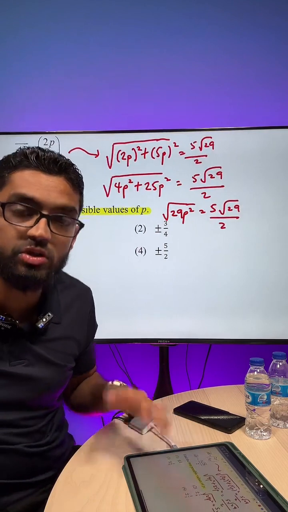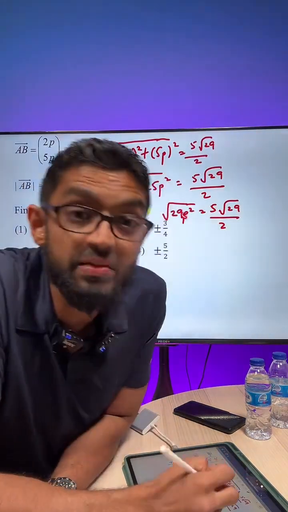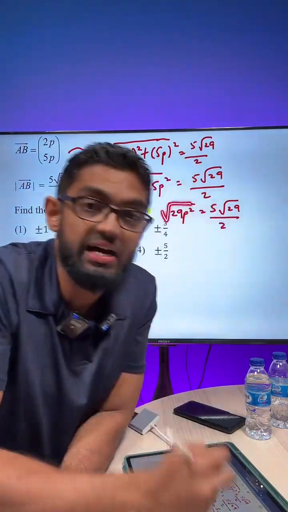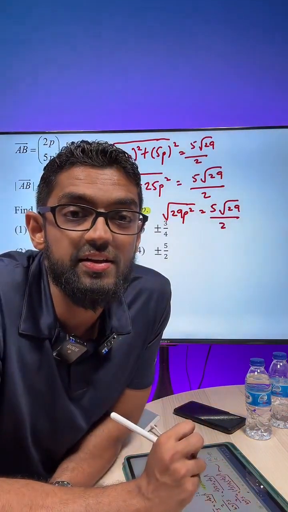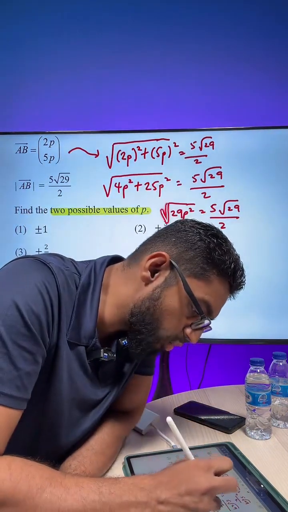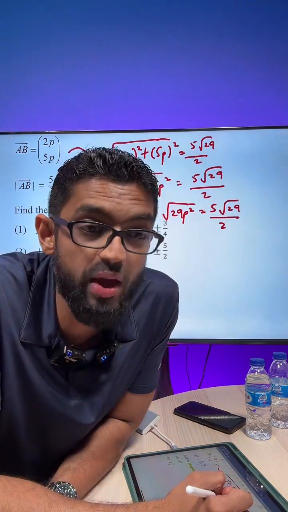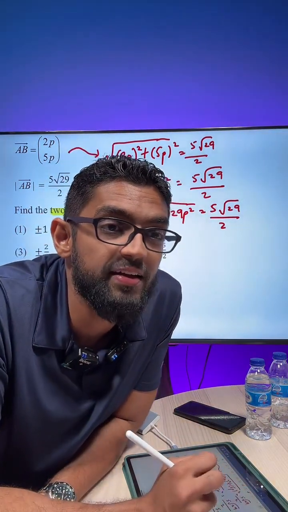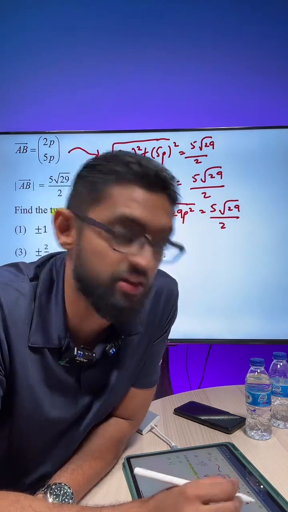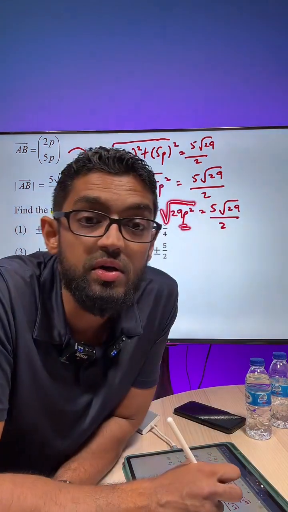Now I'm going to pose a question to all of you. Let's say you are interested to find the value of P. How would you remove the square root that is here, guys? What must I do on the other side if I want to remove the square root? Anyone can tell me? There's a square root there that is unnecessary. In fact, it's bothering us so much because we want to find P. The square root has got to go.